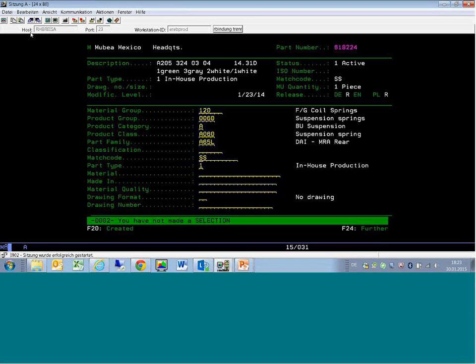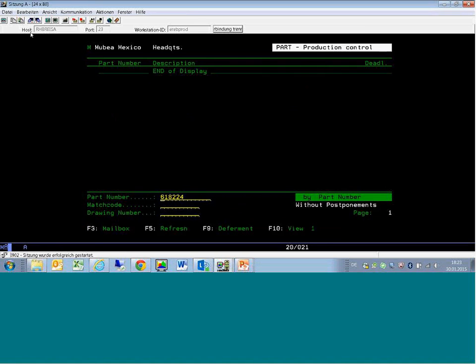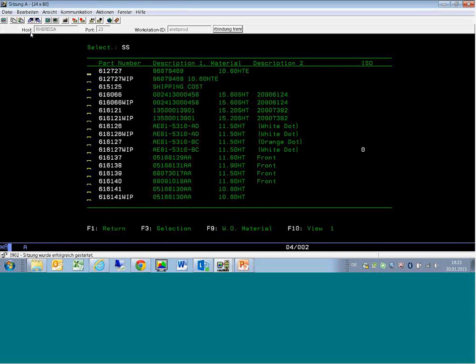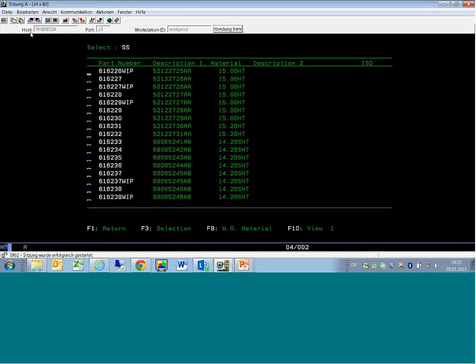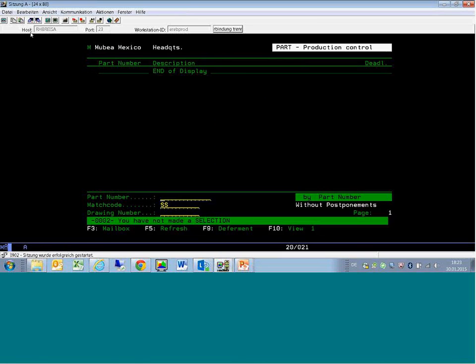This is like that we have this match code, because when you are looking for a part number, for example, I am looking for this part number, then I can type in the match code only SS, enter, and I get displayed all the part numbers which are created in the system with match code SS. Yeah, it could be SS, or I don't know what the criteria is for you to put this match code,